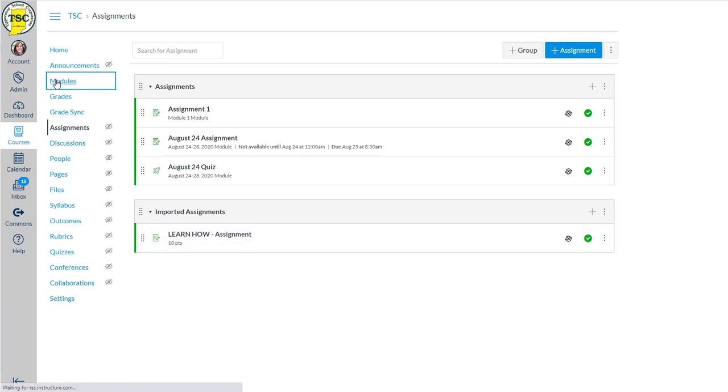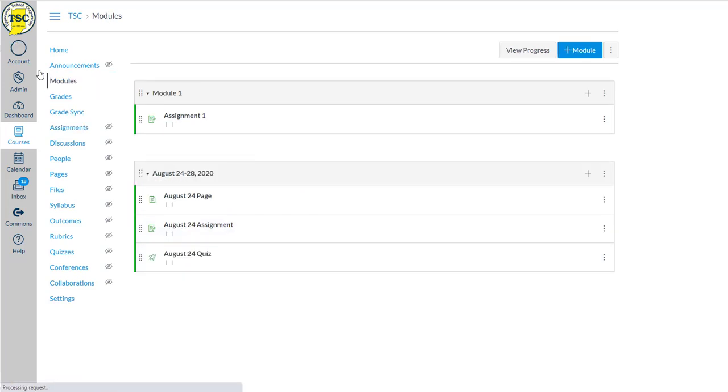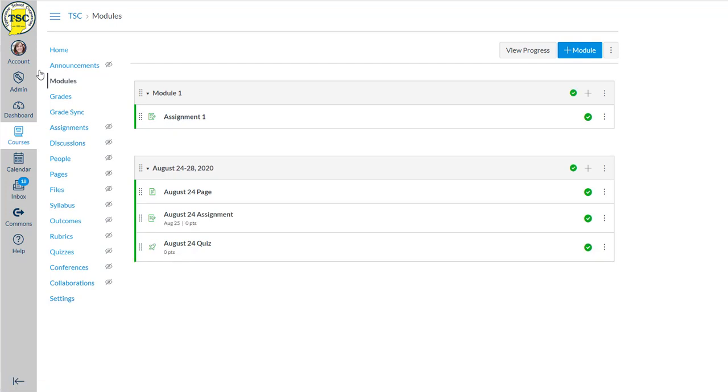So going back to modules now, what I like about modules is that I am able to add in not just assignments, because on my calendar or in the assignments area, I only see assignments or things that the students are supposed to be doing versus content pages or discussions. There's plenty of other things that my students can do aside from just submitting an assignment